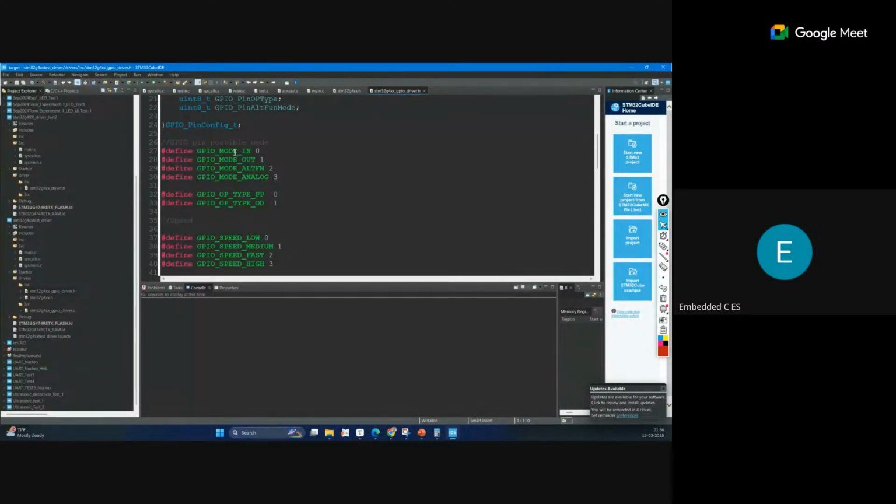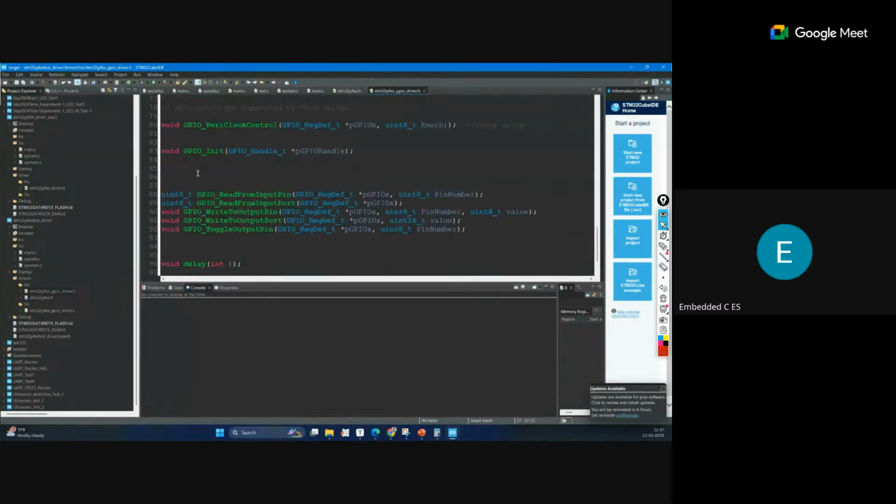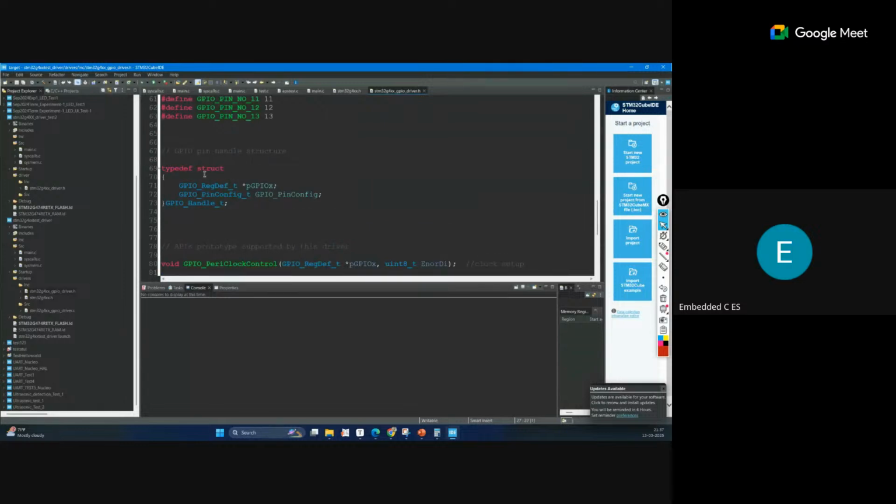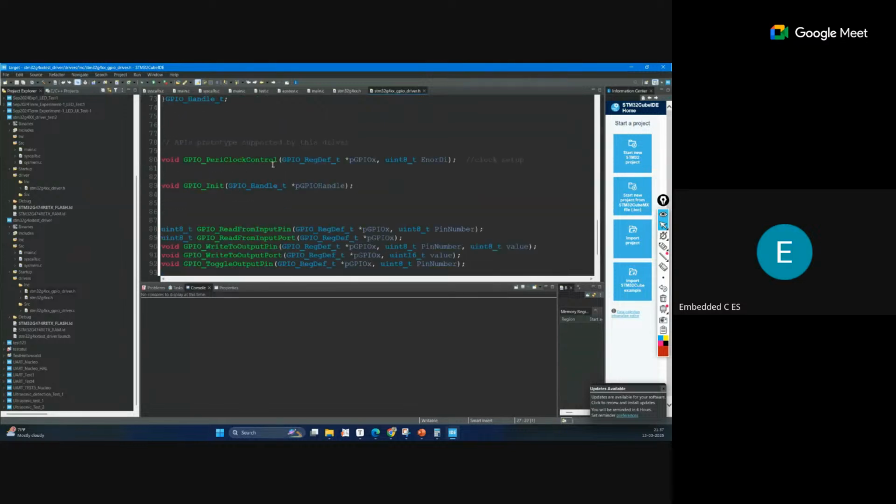I'm not sure you have read the document for this STM control board, but we have defined the modes for GPIO, and we have set some values for that. All the defining happens inside this header file. And if we are using any structures, that is also defined. If we are using functions, that prototype, that function declaration, we have done in this header file.